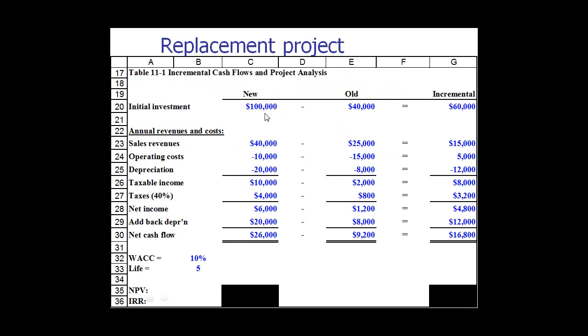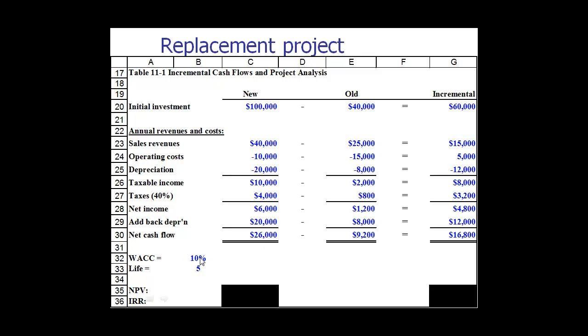So you have an initial investment of 100,000. The point here is you are considering replacing a clunky old machine that is expensive to maintain with a new machine that will help generate more sales and will be less expensive. So how do you figure out whether to go for this machine or not? If you do a standalone analysis with the new machine, the initial investment is 100,000 and then the sales generated is 40,000. You subtract operating costs and then you say that for 5 years I'll have a net cash flow of 26,000,